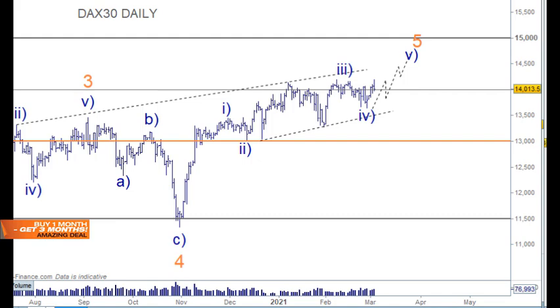So with the DAX here, as you know, I found this whole move up here really quite messy and difficult to count, so I've got two counts on it. I know that this is corrective here, so we were looking for a move higher, which we have, and that can also be a top as well. We can look at it in two ways. As wave 1 here, back for wave 2 next, and then up for 3, 4, 5, or we can have